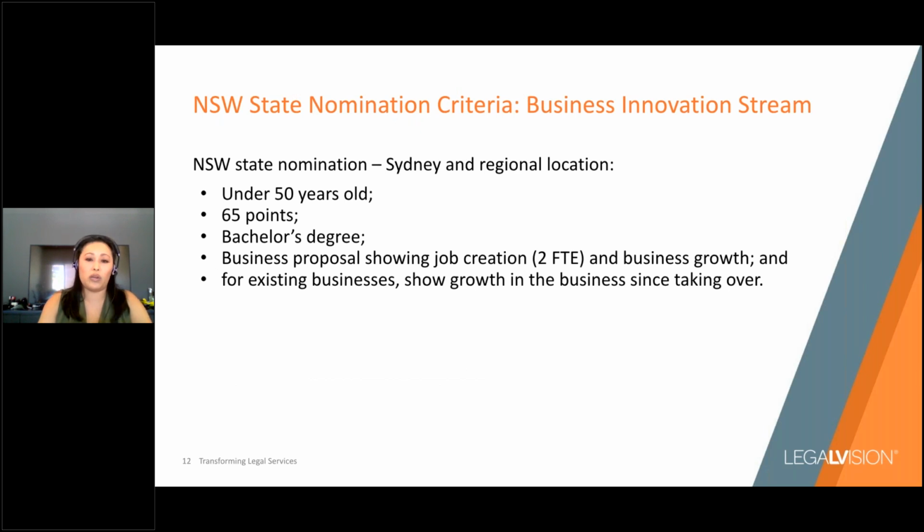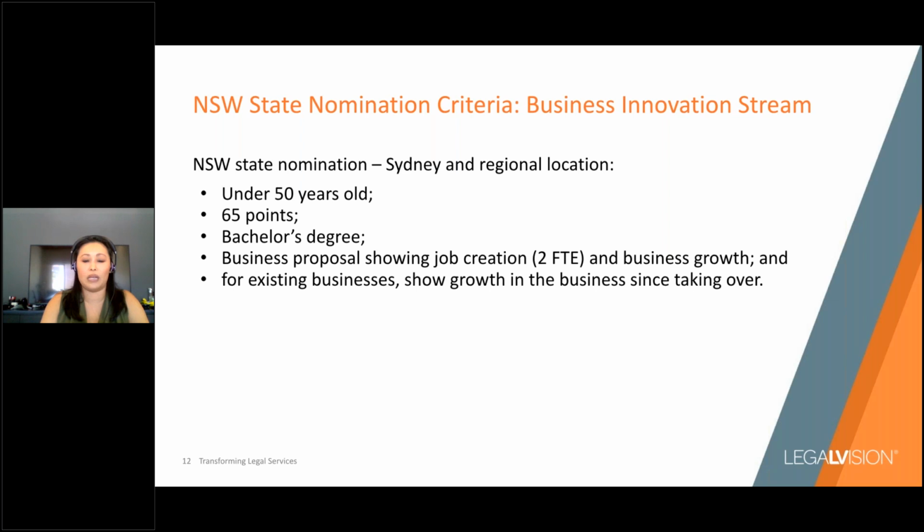So what I want to talk about today is we're going to use New South Wales as an example. It's not going to be possible to discuss every stream and then the state criteria for every stream as well. So we're going to use the first stream, business innovation stream, and consider what additional state criteria from a New South Wales government perspective is required for an applicant to essentially be eligible to apply for this visa